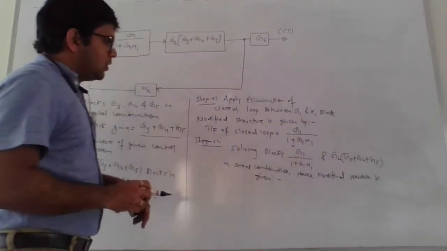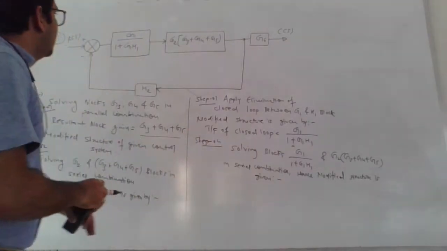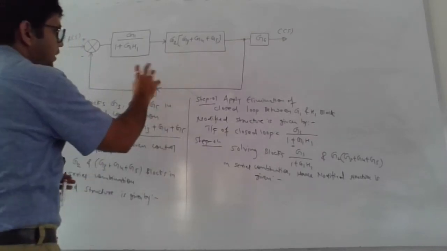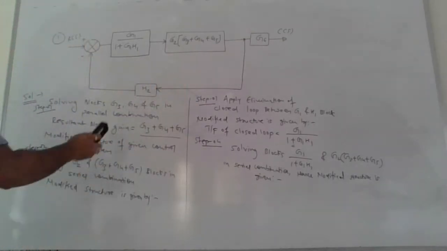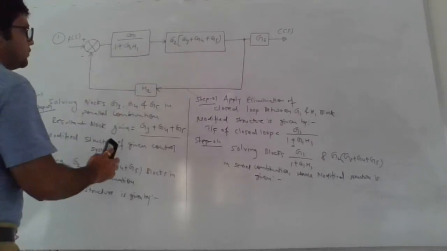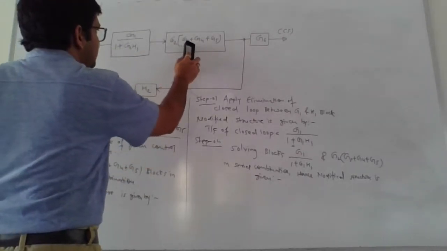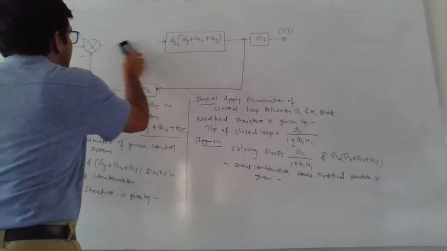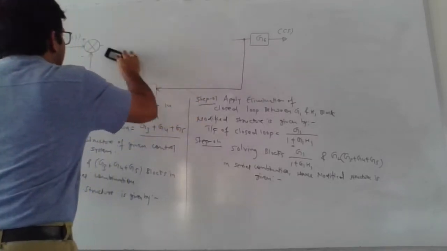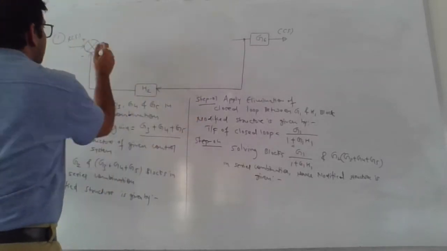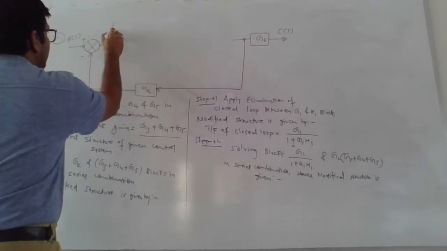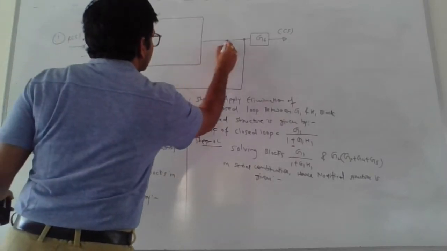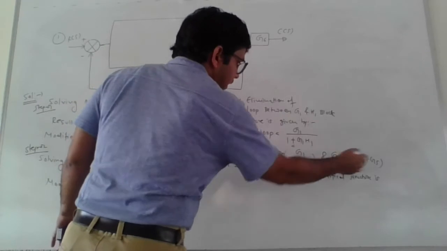So you need to draw the modified structure below this line. So what will be the modified structure? Here these two blocks are in series combination, so definitely we need to multiply block gain of individual block. So the gain of this block is G1 upon 1 plus G1 into H1, and the gain of this block is G2 in bracket G3 plus G4 plus G5. So it is simply the multiplication of these two. So instead of drawing this, now we need to draw a single block like this, whose gain will be the product of this block and that block.